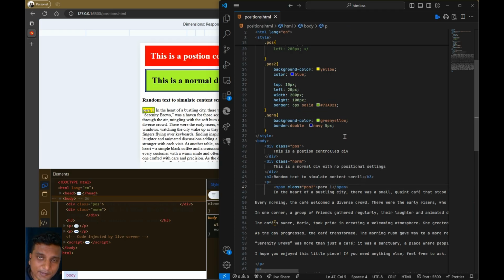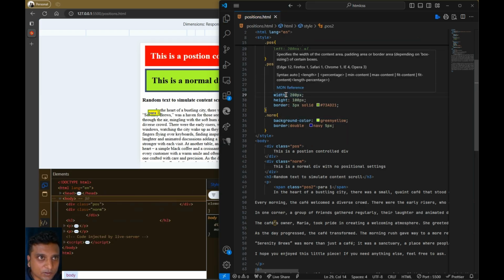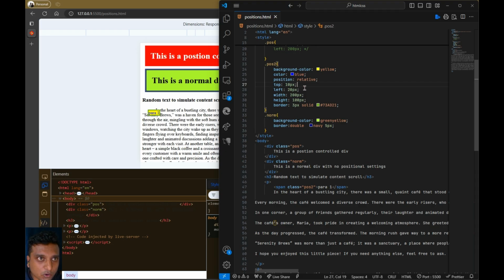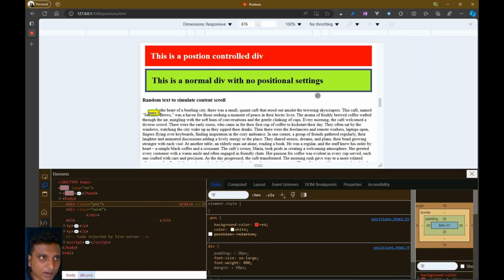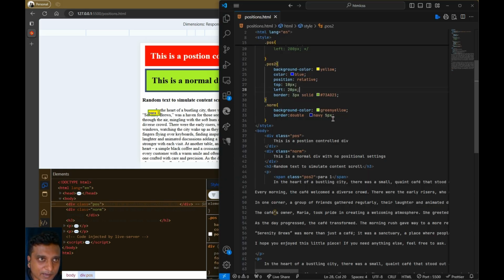The span being an inline item, which is basically going to treat your text as inline text, is not going to act like a block as if it was a div or something. Let's set a position as relative. The moment I do that, all the properties, that is, it has to be moved from top 10 pixels, left 20 pixels, with a specific width and height, have been set to it. Now, the width and height properties, it being a span, are not active on this, so I can get rid of these. And you can see this item inside this paragraph has moved slightly low